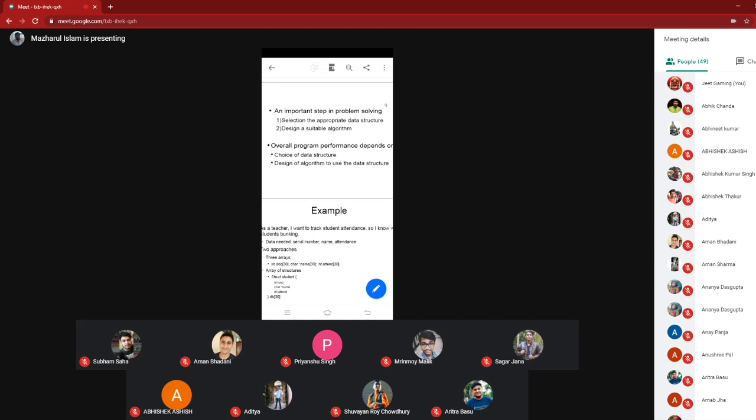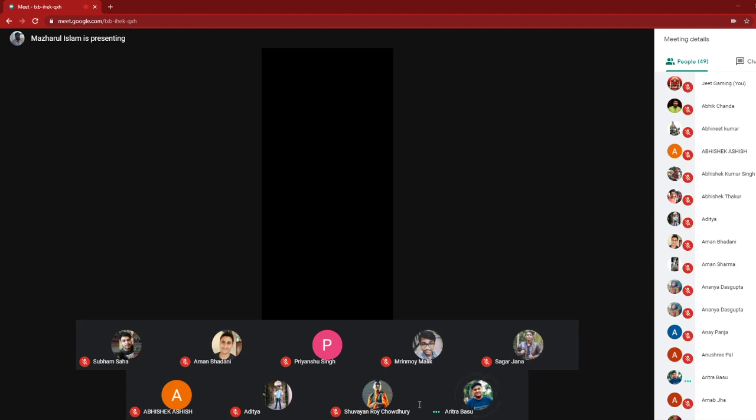For solving a particular problem, there may be multiple ways. One is easier or more difficult than the others, only because of the data structure or algorithm you have chosen. For example, sorting. You want to sort a list of numbers. Probably you know a few sorting algorithms. Probably you have heard the names of bubble sort, insertion sort, selection sort, quick sort, merge sort, radix sort, heap sort, counting sort. There are a lot of sorting algorithms. The sorting problem is the same, but there are multiple algorithms.